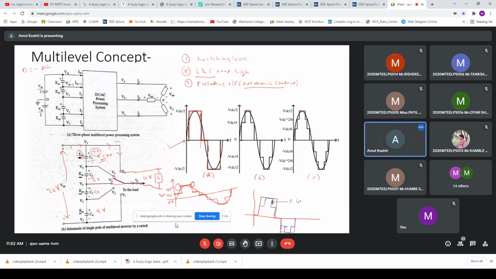This is three level. And this red portion is a two level inverter. So it is two level. The filter will be there, but the size or the value of the filter can be changed. In two level, to eliminate this part, the section which I am marking here, the size of the filter will be more.